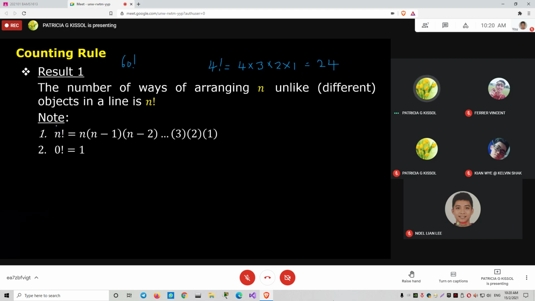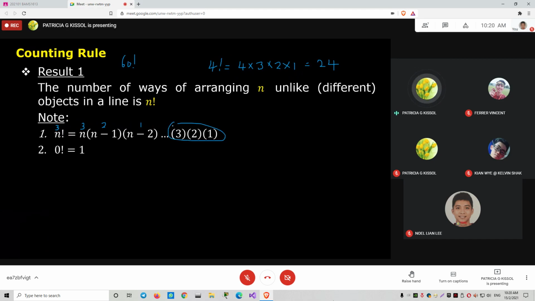As you can see, if our number here is 3, that means it starts off with 3. 3 minus 1, you get 2. 3 minus 2, you get 1. And of course, 3 minus 3, you get 0. Well, we don't show it here. So it's basically 3 times 2 times 1, if we only consider 3 factorial, which is just this part actually.